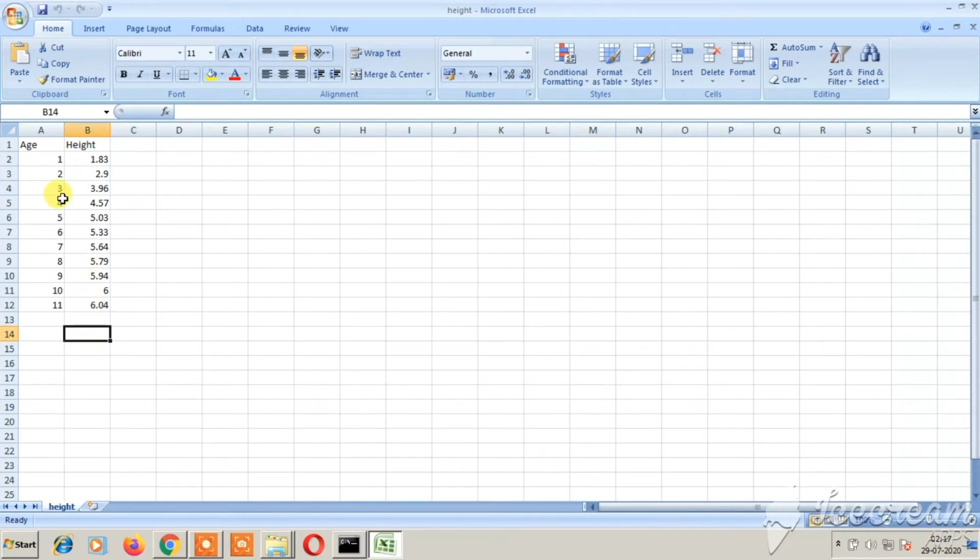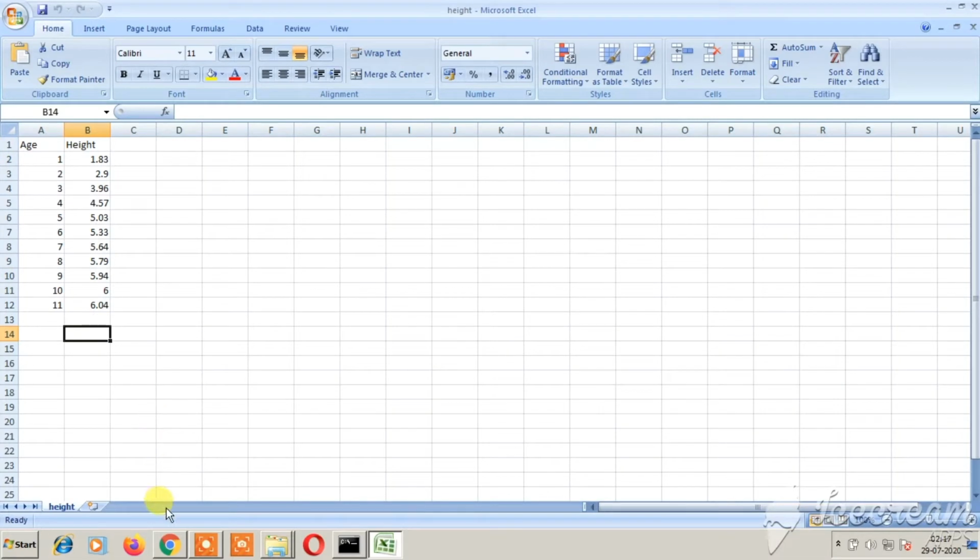But honestly, this is a very small data set. You should have a data set of at least more than 100 or 500 values. The more data you have, the more accuracy you will have. But anyway, this is a very small data set, but you may learn the concept from here too.